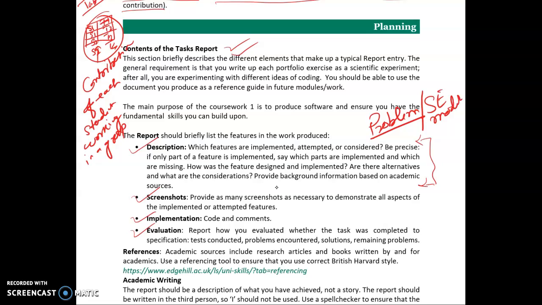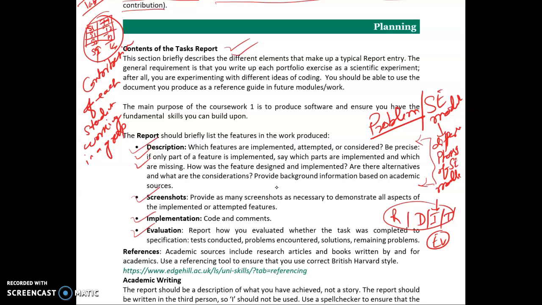You need to cover different phases of software engineering models. You need to present the requirement, design, implementation, testing and evaluation of your project. So all these things must be covered in this section.